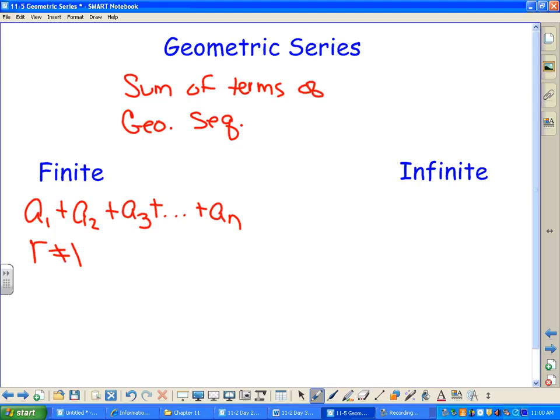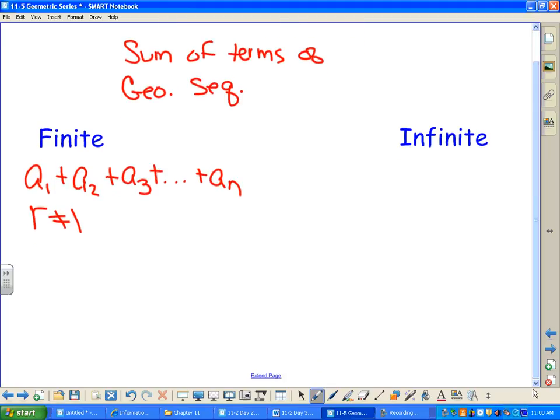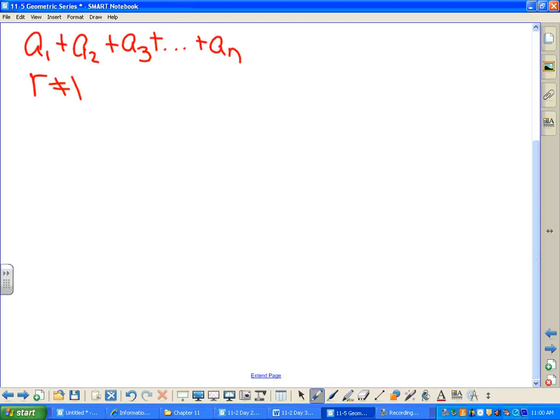If your series happens to be a geometric sequence of numbers and it is finite, there is a formula to find the sum of those n terms. And here it is. It's an S formula because it's a sum, and it's S sub n. Now remember, n just stands for the number of terms, however many you happen to be adding, and it's going to equal a sub 1 times 1 minus r to the n power all over 1 minus r. Now you just have to be really careful when you work with this formula, and I'm going to show you a few examples here in a minute. Where, of course, r is the common ratio,